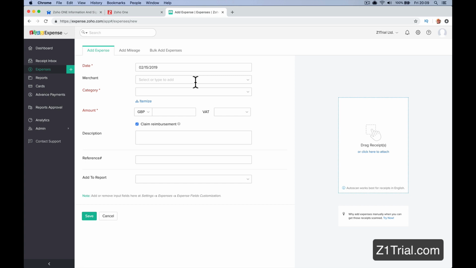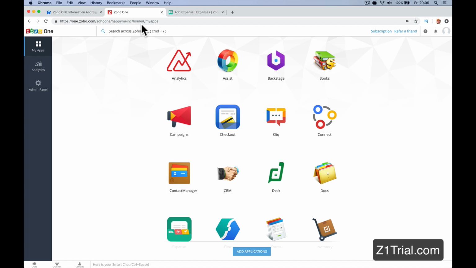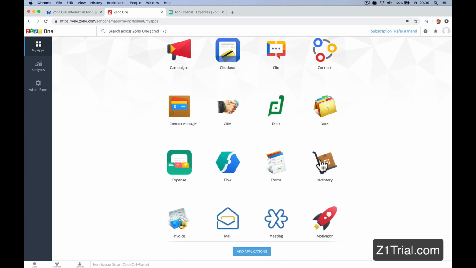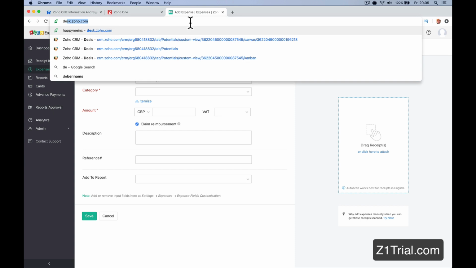So now you've gone from a deal, you're into trying to sell it, you've got the project going forward, you've got the expense tracking. What else will you need within all that? There's inventory tracking. I'm not sure what sort of inventory you'll track, but if there's some things that you sell, if there's a welcome pack that you need to track how many you've got in inventory. We've talked about Zoho Click, we've got Zoho Desk, which is more if there's a problem. So if I go to Desk,